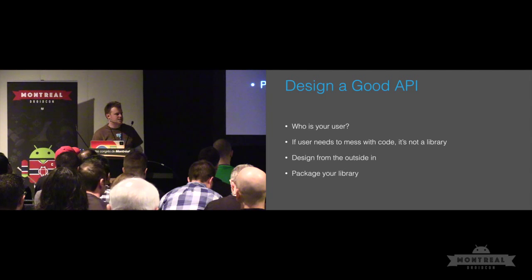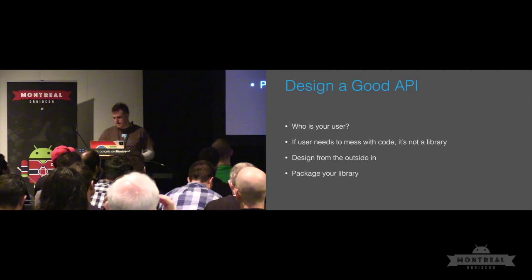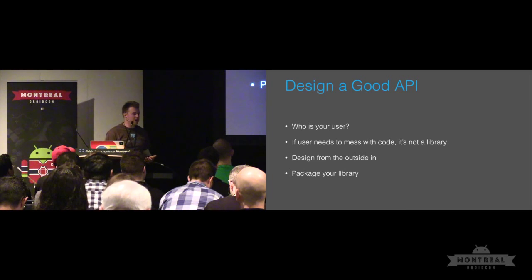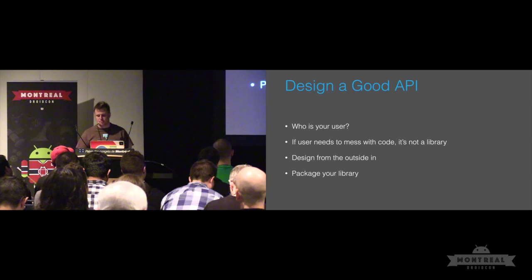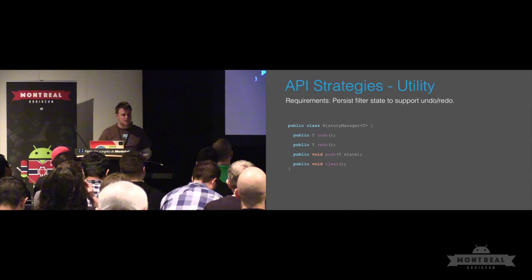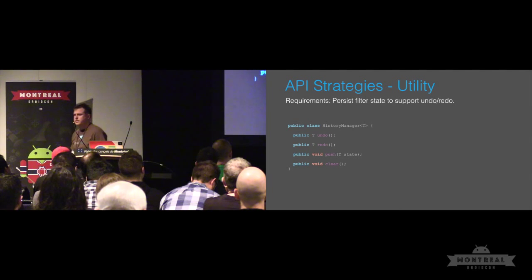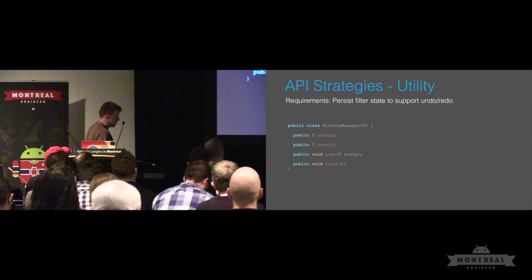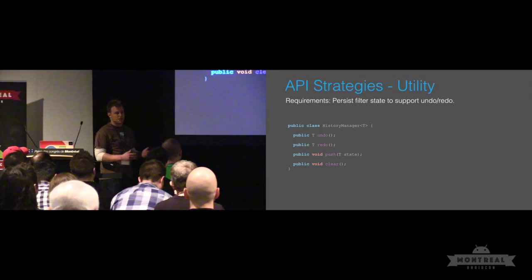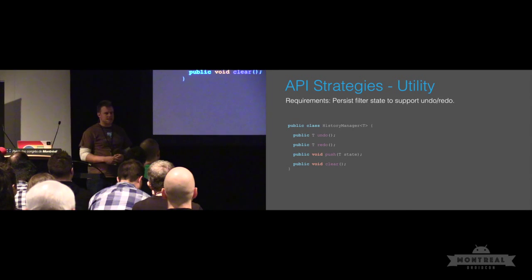So now I'd like to get into talking about these APIs a little bit and different strategies for APIs. And this kind of ties into the different types of libraries that you might need to create. So we'll start out with a utility library. This one is straight out of Shift. Okay, I have a history manager which supports undo and redo. At its barest,